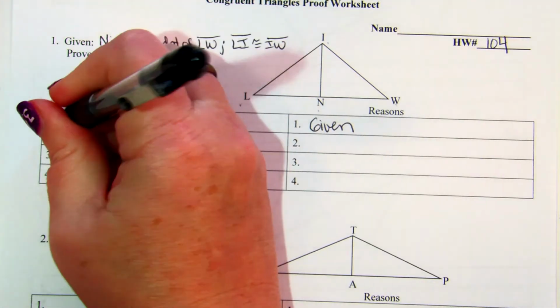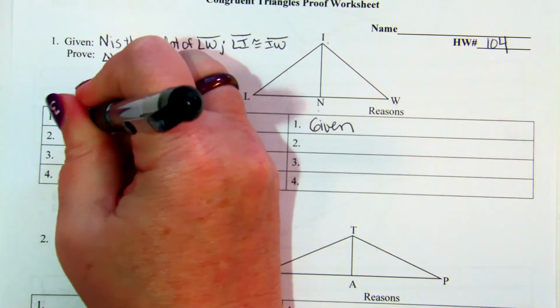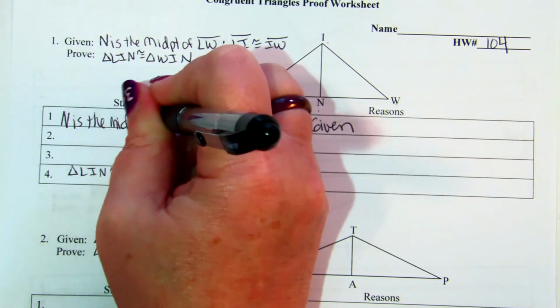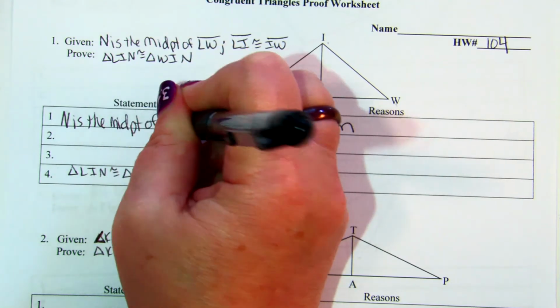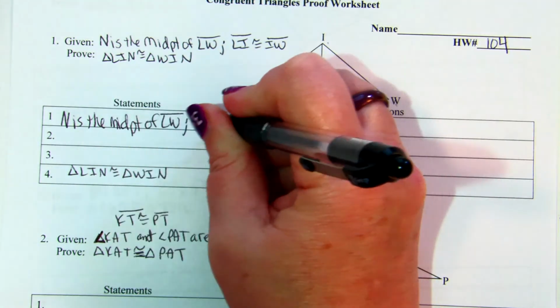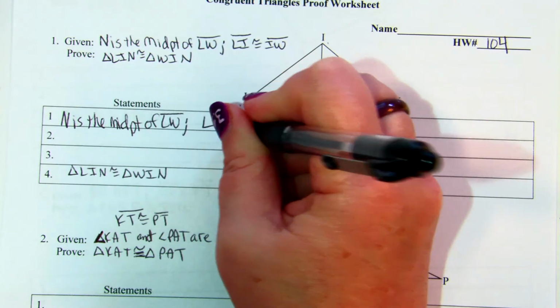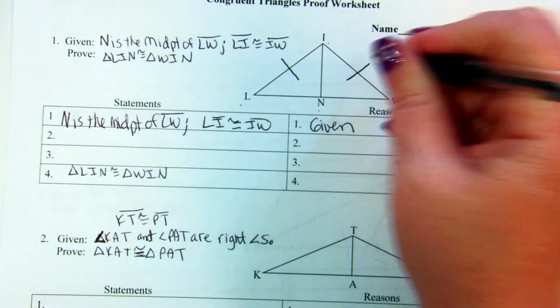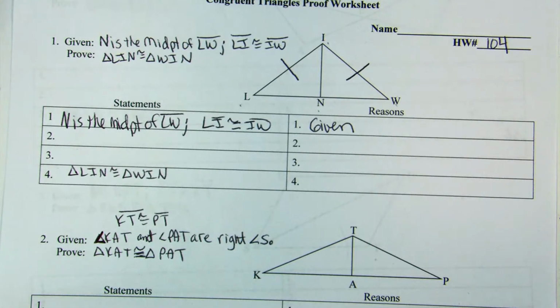We write the given. N is the midpoint of LW, and we talked about what that means, and LI is congruent to IW. So let's mark LI congruent to IW. And then if N is the midpoint of LW,